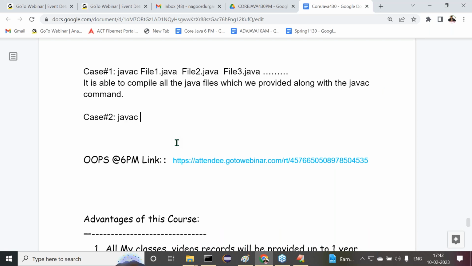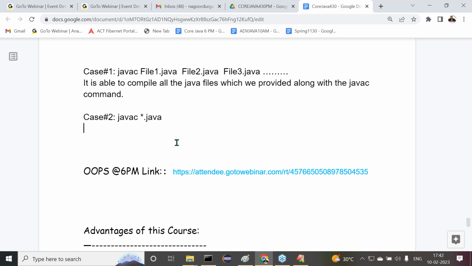javac *.java. Star represents any name, any file name, but the extension is .java. Finish. All Java files are going to be compiled. Now the point is what there? It is able to compile